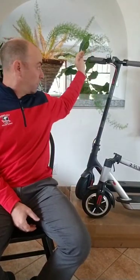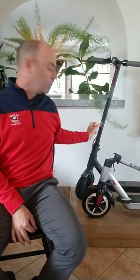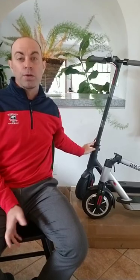And we really like the fact that it's mounted high, so that way cars can see you from a distance. A lot of scooters have lights that are mounted lower right here. We don't like those as much because they're